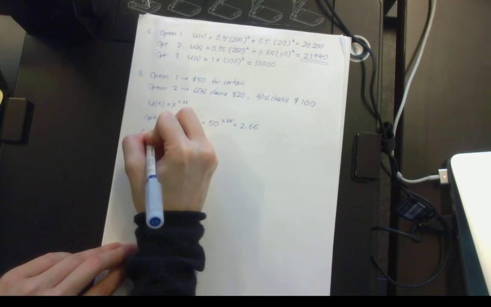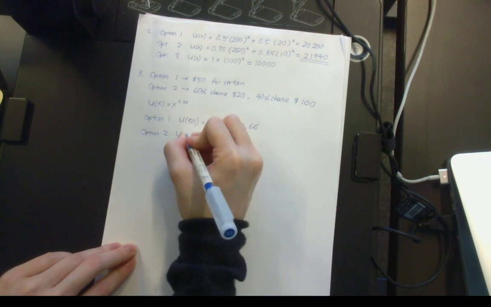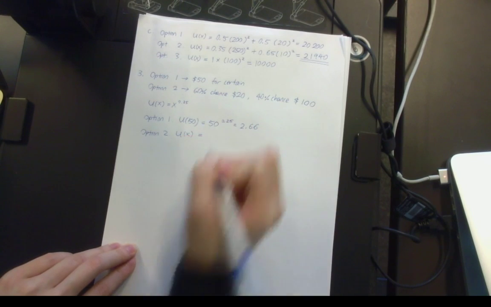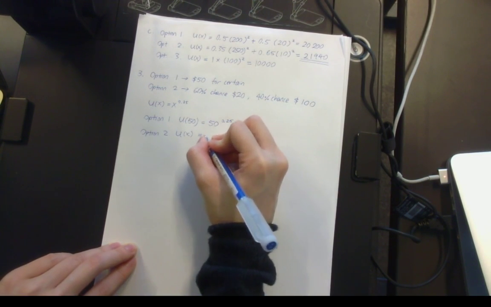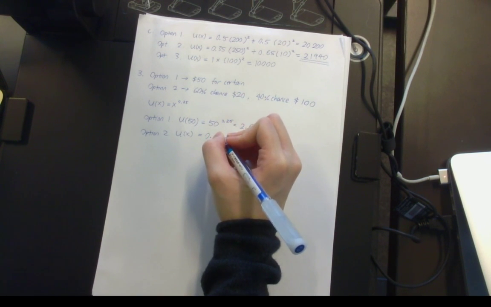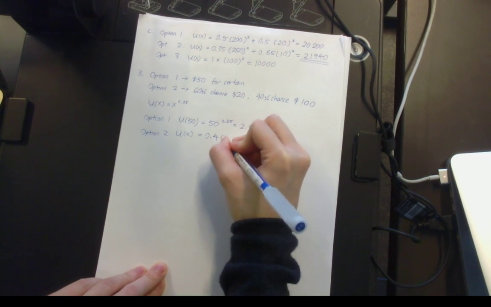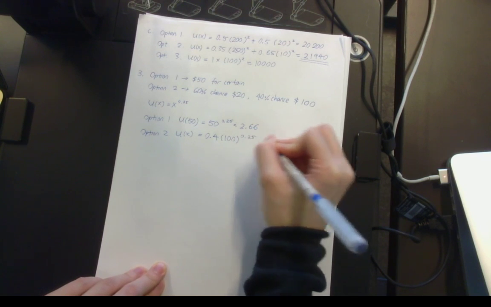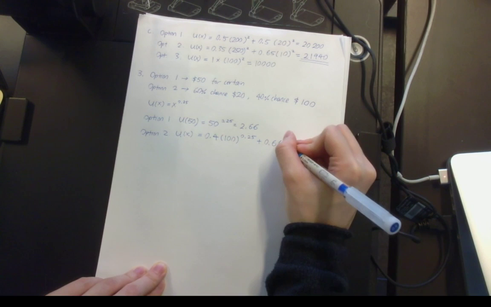For option 2, the expected utility of entering the draw is basically 40% times 100 to the power of 0.25 plus 60% chance times $20